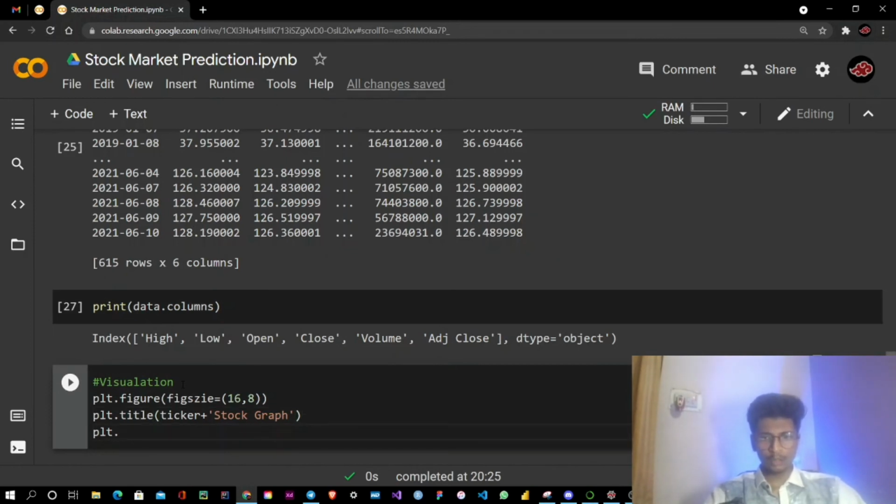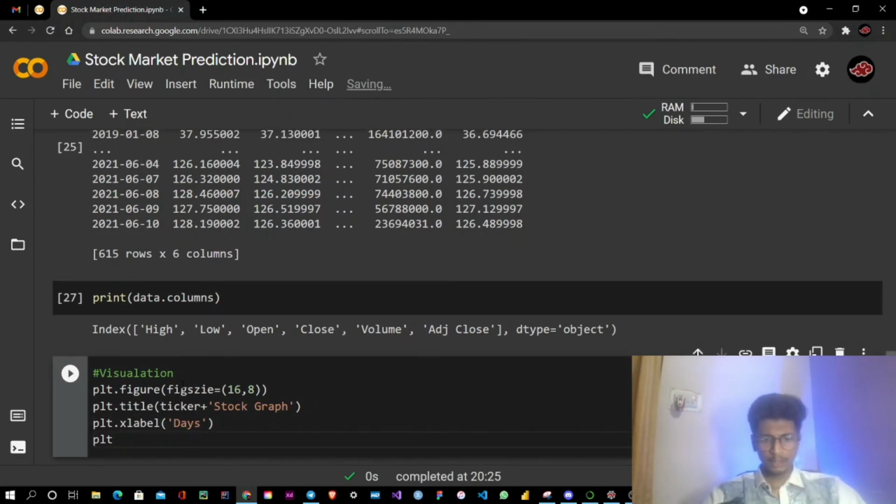Then plt.xlabel. The xlabel will be days, and plt.ylabel will be close price for a particular stock in USD. If we visualize the data in INR it would be great, but the number of digits would be so large.